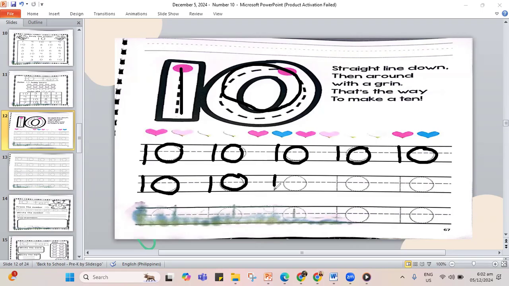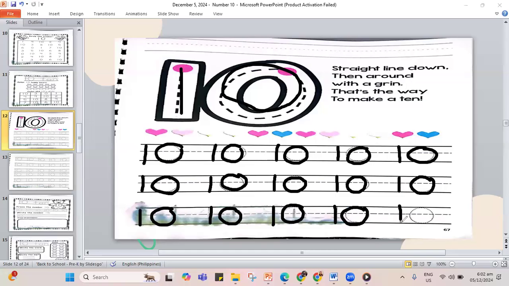A 1 and a 0, that makes a 10. Again, 1 and a 0. We have the number 10. A 1 and a 0, the number 10. 1 and a 0, number 10.